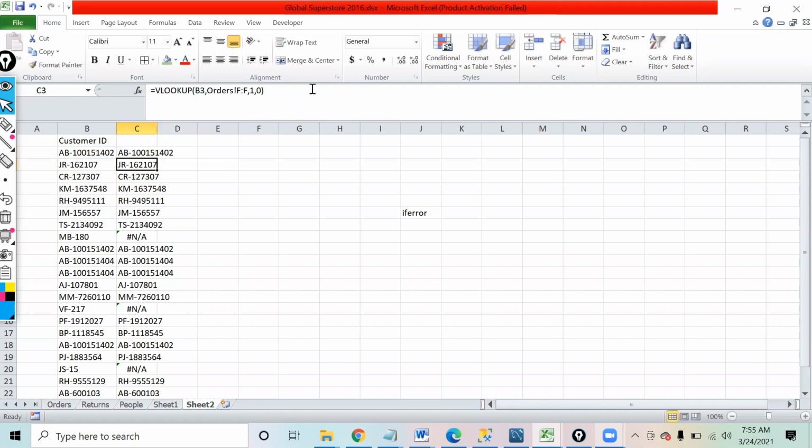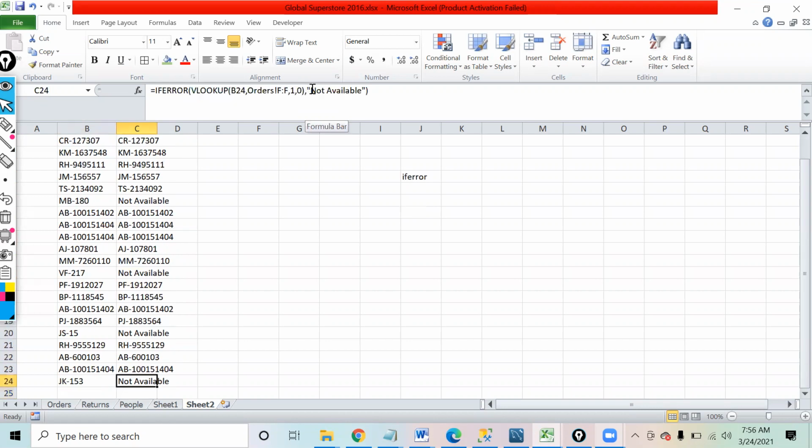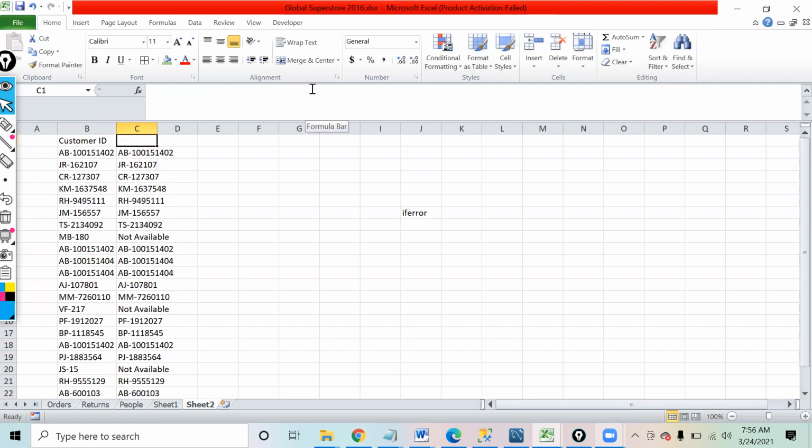Now if I drag it down, see the IDs which are not available, I am getting not available written there instead of #N/A. So you can use the IFERROR formula in that scenario. IFERROR takes the normal value, and then you give a value if that gives you an error. Just wrap it inside IFERROR.